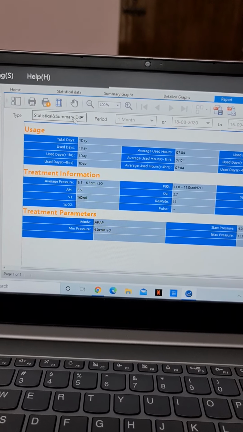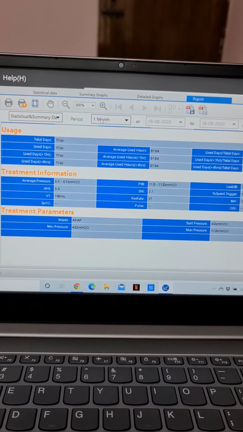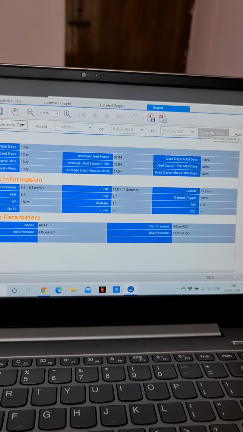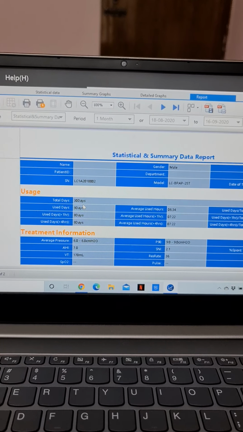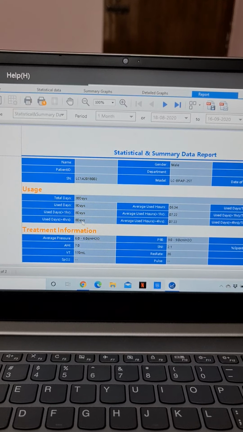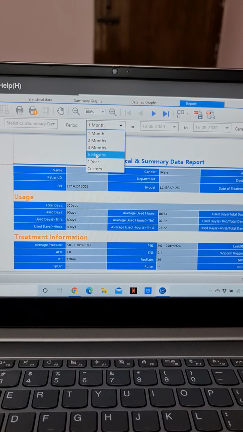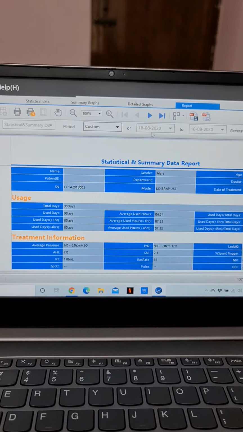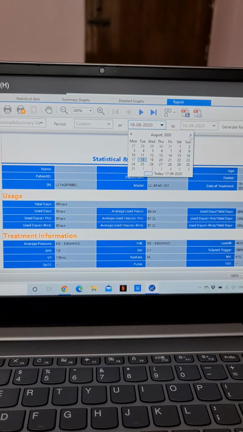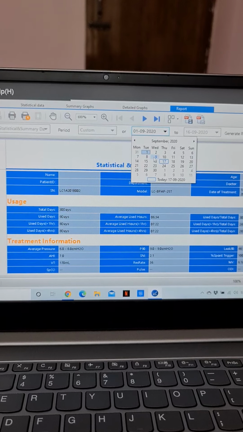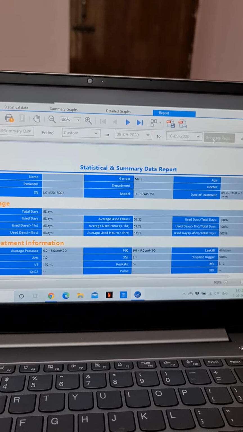So we are choosing this option, and finally it's asking for the period, 1 month. If you want to take it for 1 month, you can just click on 1 month and click generate report, and automatically 1 month of data will be taken. But in 1 month these users have used it only for 8 days, so it's showing 8 days. Or if you want a clearer report, go to custom. This patient purchased on 9th of September, so click on 9th of September, let the end date be yesterday night, and click on generate report again.